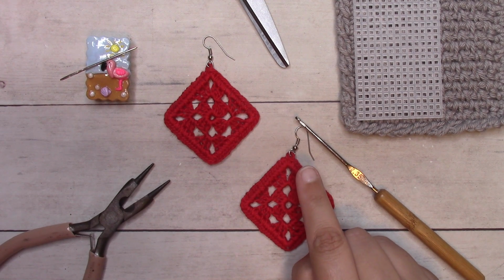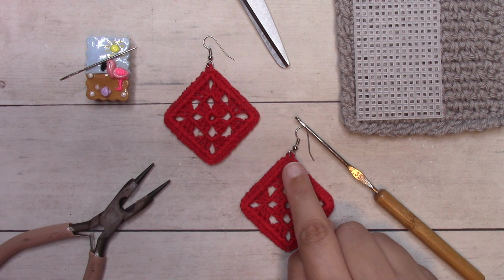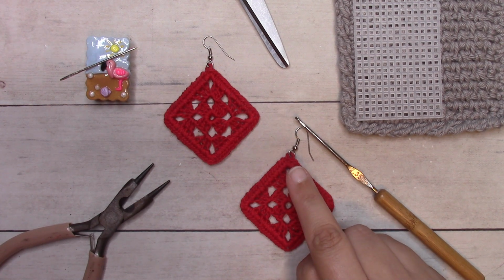These are called fish hooks, but there are a lot of different options if you like different styles. There are stud options with the loop at the bottom. You could do a lever back earring, which are my personal favorite. I always go for stainless steel, that way it doesn't tarnish and I know it's going to be good quality,